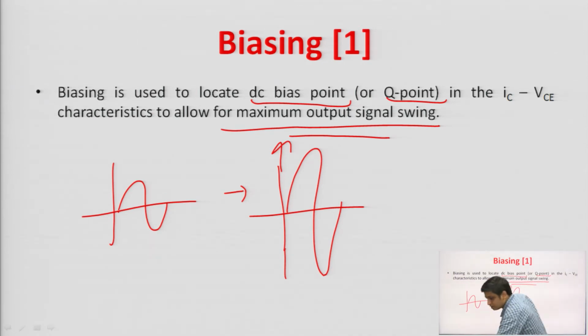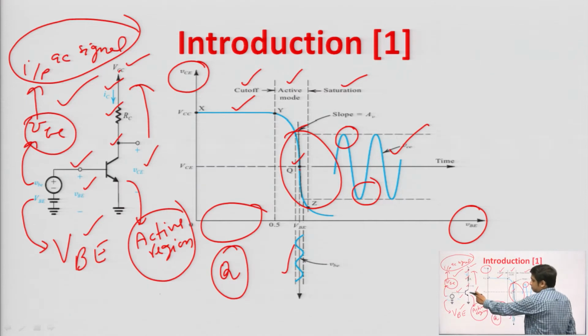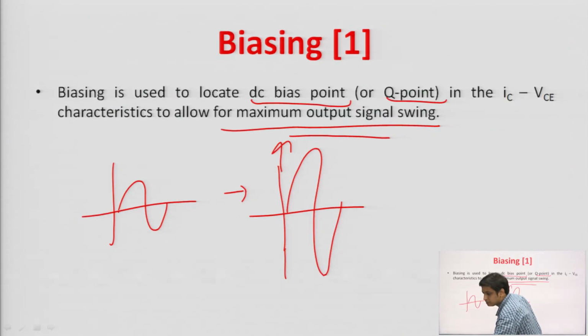The amplifier which I have discussed is an inverting amplifier. You can see that when we apply a high, we get a low. So, this is the inverting amplifier. The voltage gain of this particular amplifier will be negative. Negative gain means the output is 180 degrees out of phase with the input, fine. It does not matter whether we get an inverted or non-inverted signal, the shape should not change, and that can only be done with the help of DC biasing.